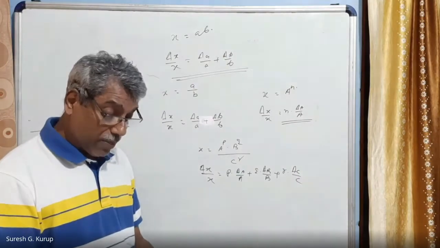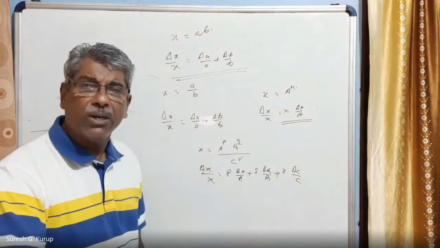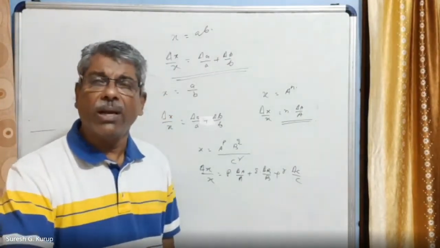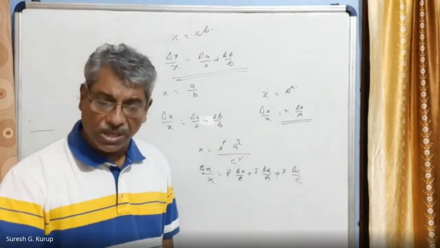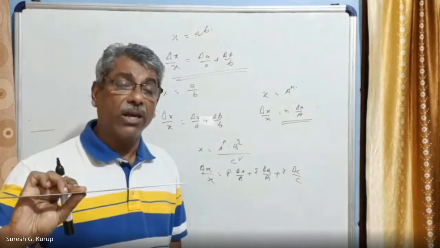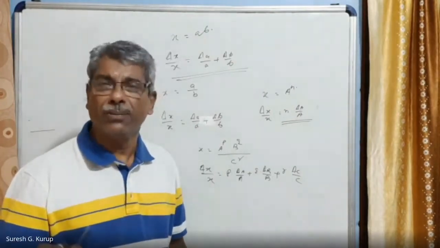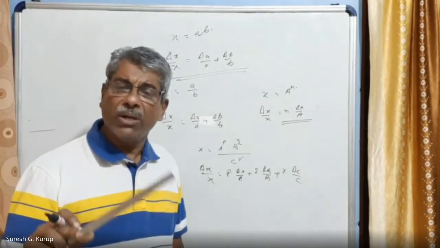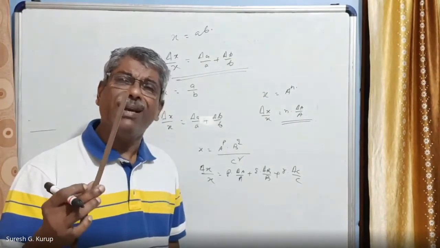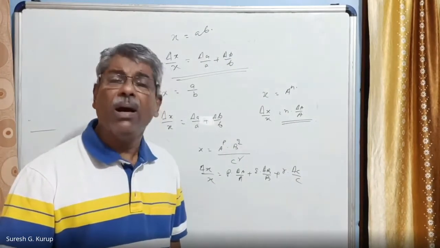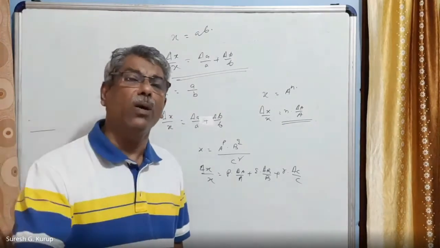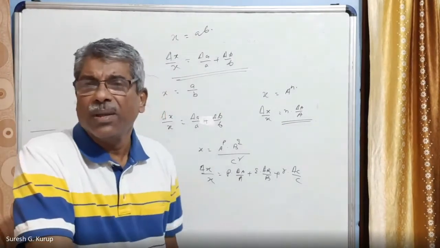So when we use a measuring instrument, one more thing I have to explain. Measuring instruments like vernier calipers, screw gauge, meter scale like this, it is a part of a meter scale only, right? This meter scale has a least count equal to 1 millimeter. Every meter scale has a least count equal to 1 millimeter. If this scale is used for measuring a length, then the maximum absolute error that can happen is equal to 1 millimeter. That is the least count. This is a very important thing, right?